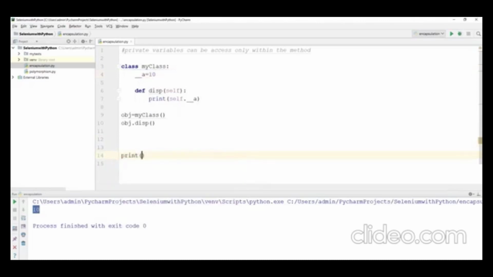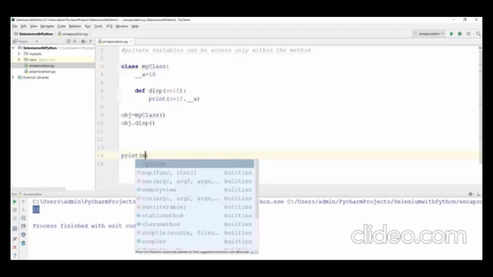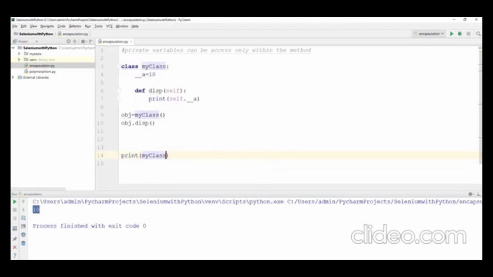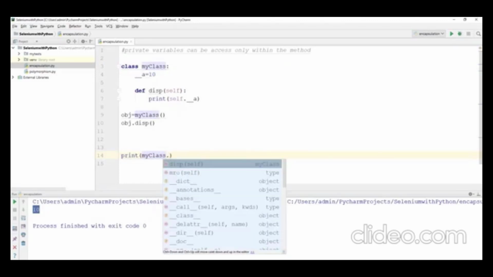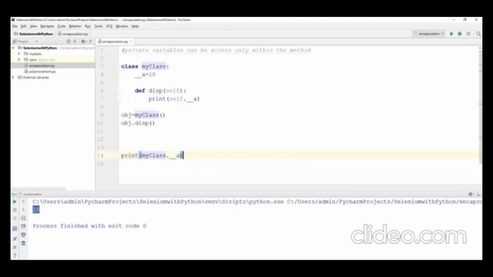So I will directly use print, and in which class is this variable created? Inside MyClass, right? So how can we call this one? Class name, let's say MyClass dot __a. So this is how we need to call. If it is a public variable, we don't have any issue,